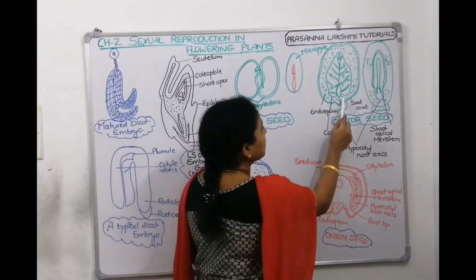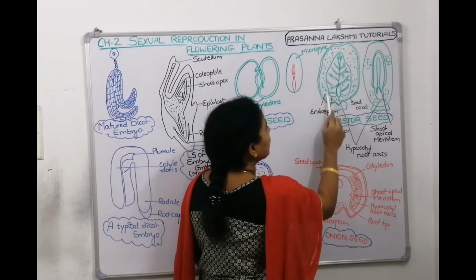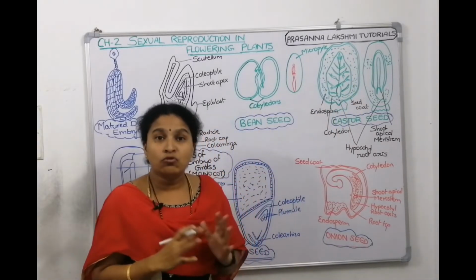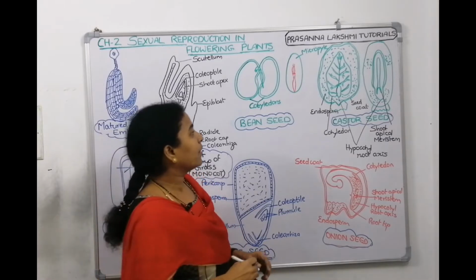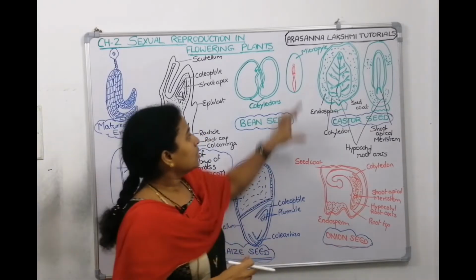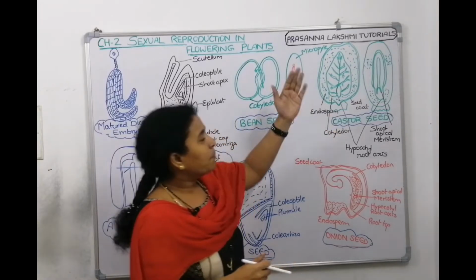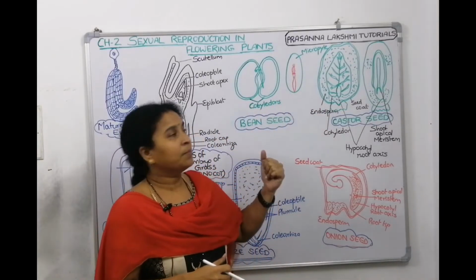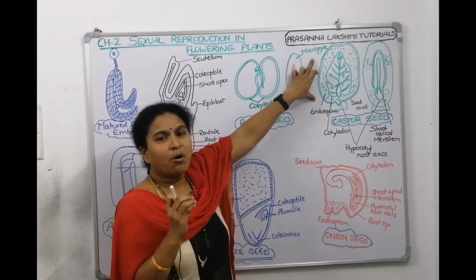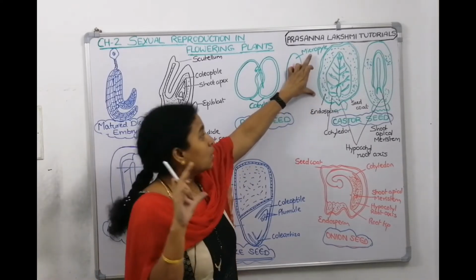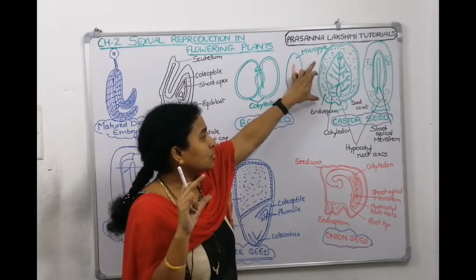And see how much endosperm is there. All this is endosperm, so it has a very large amount of endosperm. Being dicot, it is endospermic, right? It has two cotyledons. This is one cotyledon, and behind that will be the other cotyledon. Did you notice the seed is long? It is mottled and oblong. It is a long structure, a mottled structure.